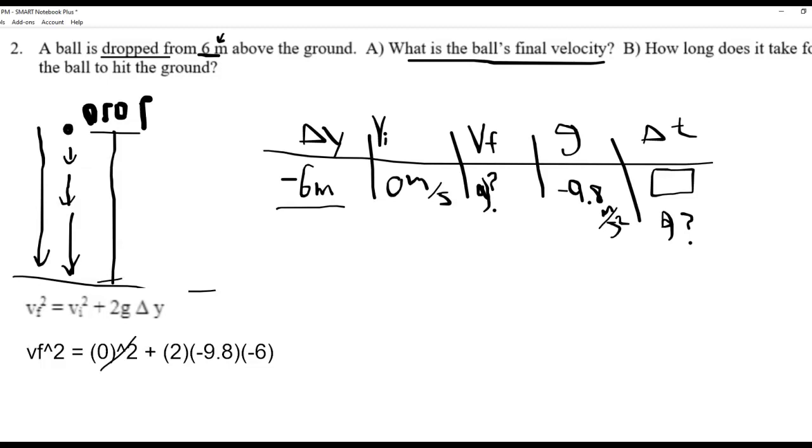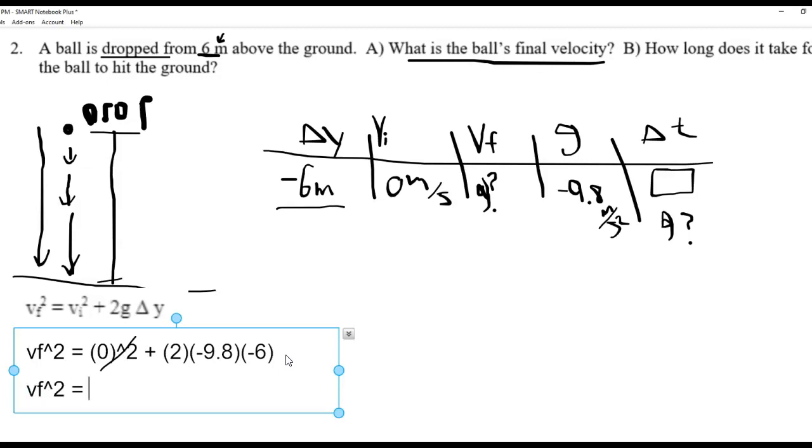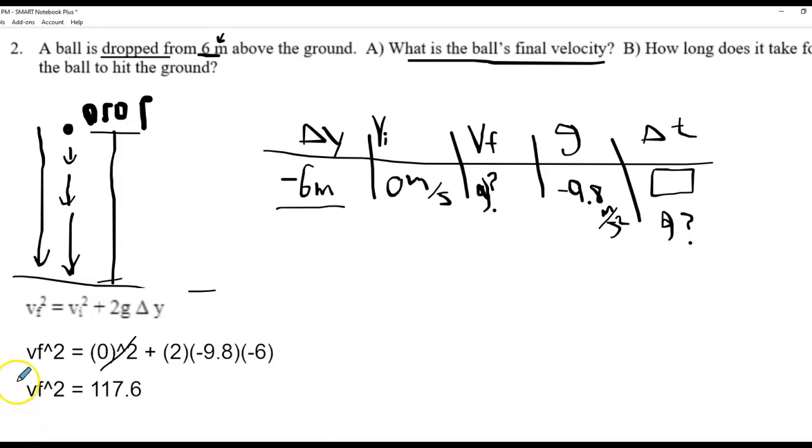So let me go ahead and keep going. VF squared is equal to 117.6. And then you've got to take a square root. So you'll look for the square root key on your calculator, and you'll get VF is equal to a value of 10.8